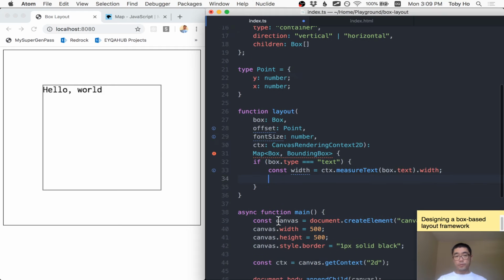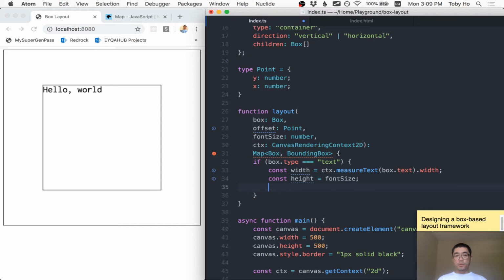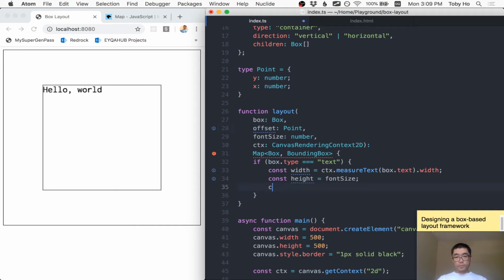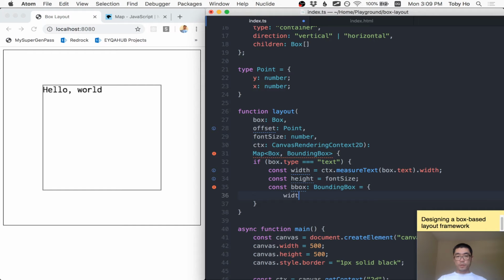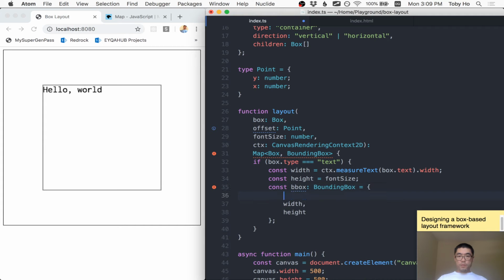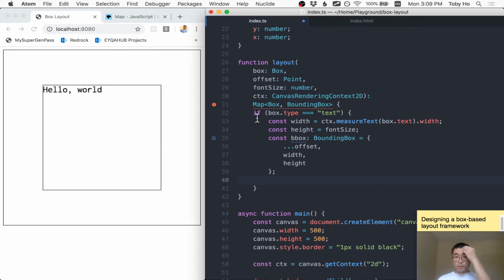And then what's the height? Well, the height is actually just going to be the font size. And then what is going to be the X and the Y? Oh, we're just going to use the offset that gets passed in. So the bounding box for the text box shall be the width, the height, and whatever is on the offset that got passed in. So now we have our bounding box, and we are going to make a new map